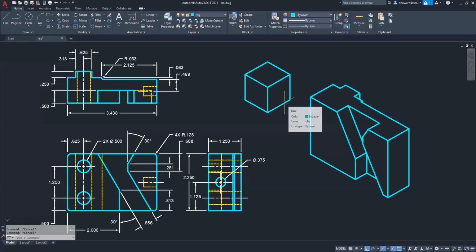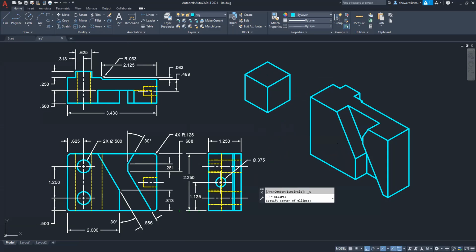So to do that, you're first going to click on the ellipse tool, which you can see me doing right over here, just a standard center ellipse tool. But before you go and make just any old ellipse, you want to get into iso circle mode. So if you look down here at my command prompt, you can see there are options. Specify axis endpoint of ellipse, or, and you can choose this one, ISO circle. So if I type I and then enter,